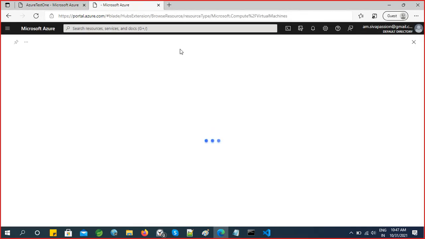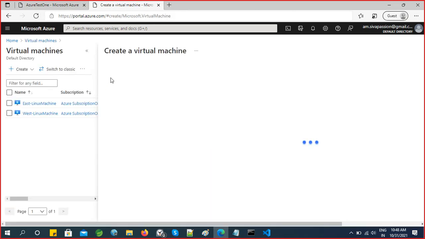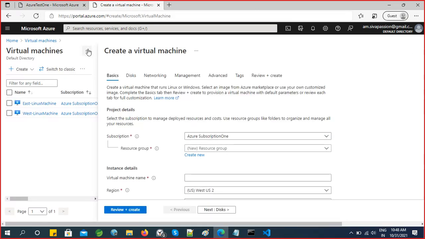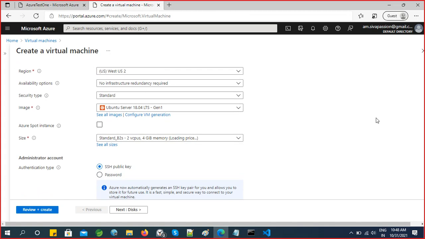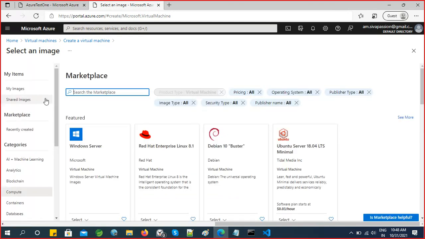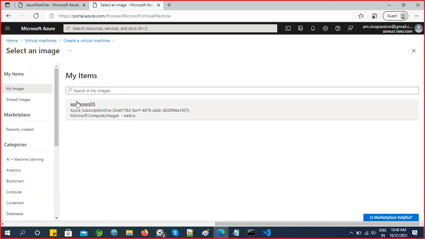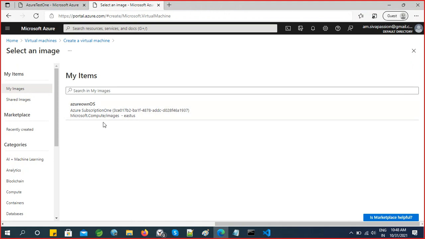So go to virtual machines. Already we have created a virtual machine. If you go to see all images, go to my images. So this is the image, right? This is the same name we have given within this JSON file, right? So now this is our own image which was created by using Packer software. Okay. So once these things are done,